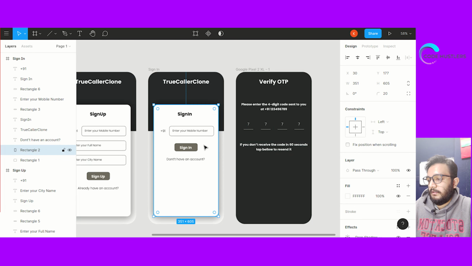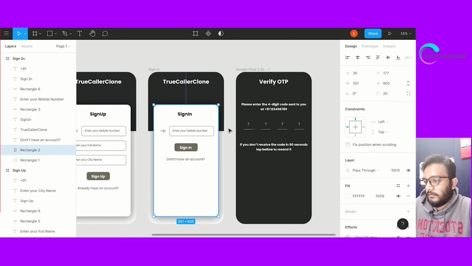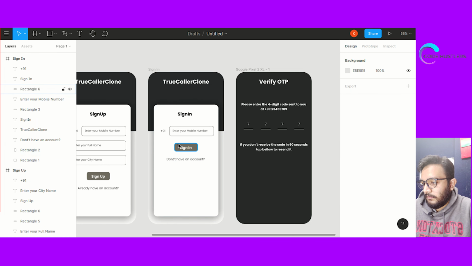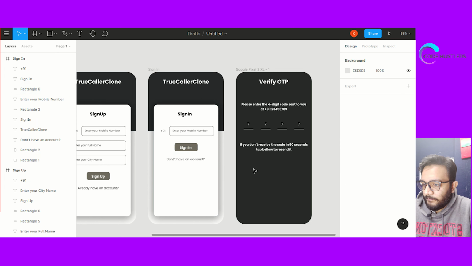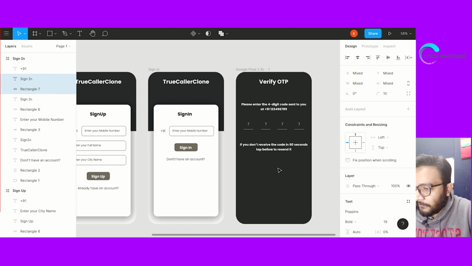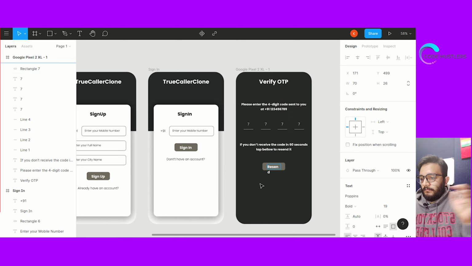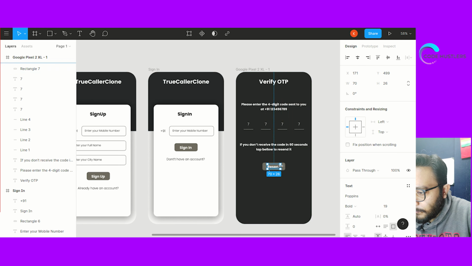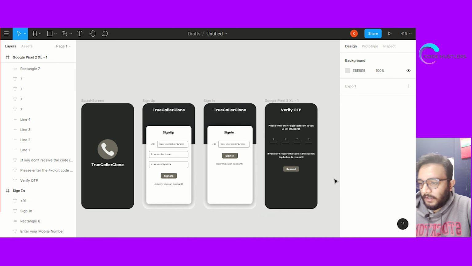Now we just copy this button. So it's done. Yeah, so our verify OTP screen is ready.